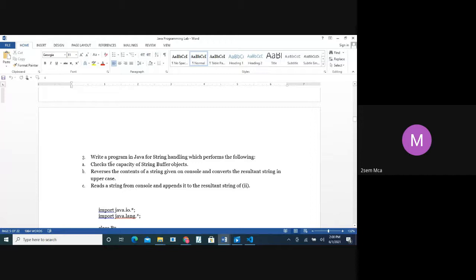Check the capacity of a string buffer object, then reverse the content of the string given on the console and convert the resultant string into uppercase. And the last one, read a string from the console and append it to the resultant string of step 2. So that's what we have to do in this.